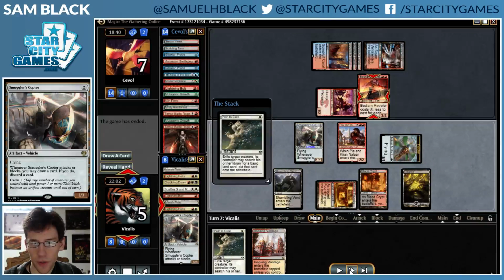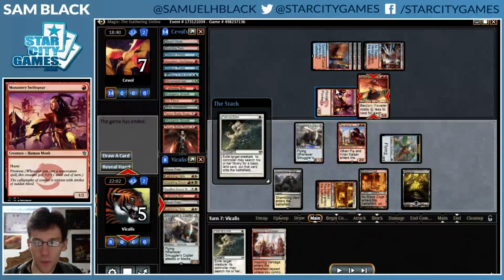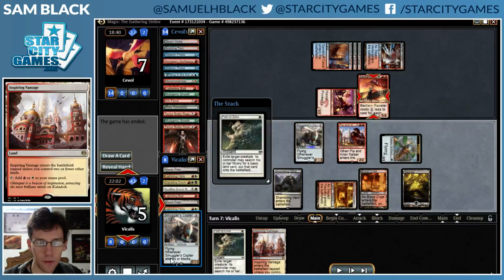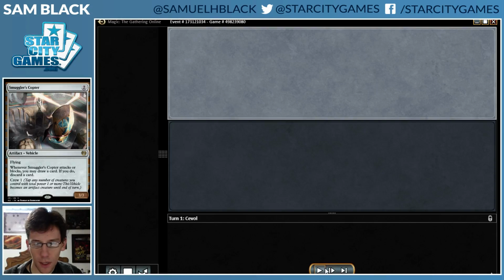And my opponent concedes to just one of the paths. I guess knowing that I can use Pia and Kiran sacrificing a Thopter to kill the Swift Spear afterward, which I believe is what I was going to do. So that was the first game. This is, I mean, kind of the matchup that this deck is built to punish. But second game,